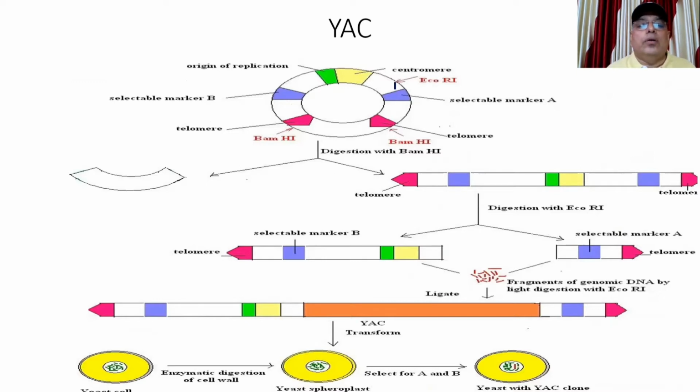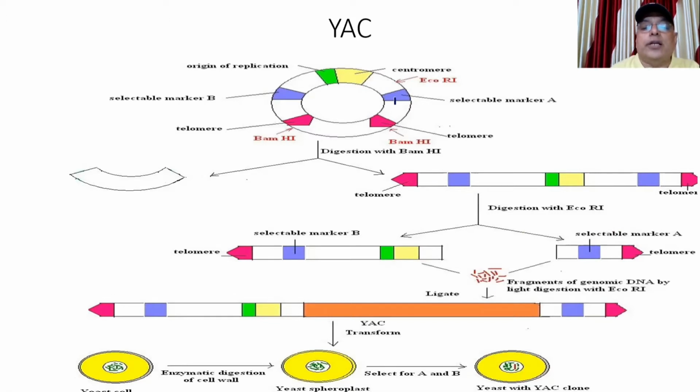So here is another view of how this YAC is formed and how it functions. YAC means yeast artificial chromosome. So here, origin of replication helps in replication, that is, the chromosome is able to make its own copy. Here we have got the centromere, which facilitates the attachment to the spindle apparatus. Here you have got the EcoR1 site, which facilitates the integration of the desired stretch of DNA.